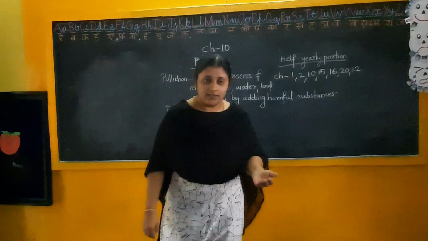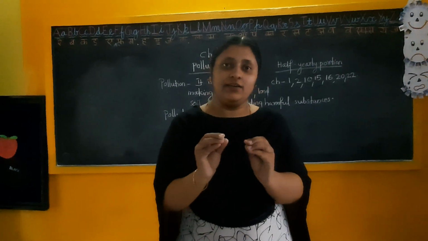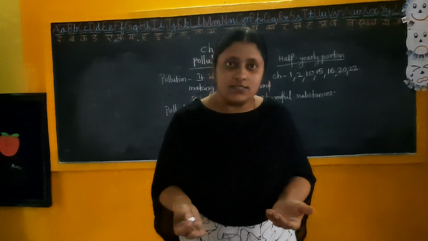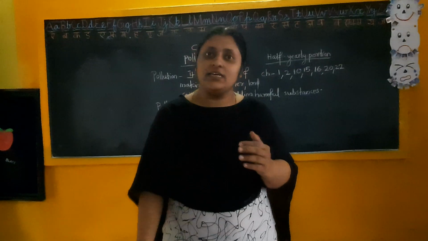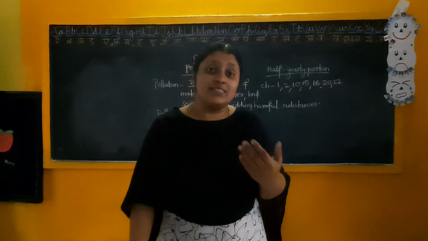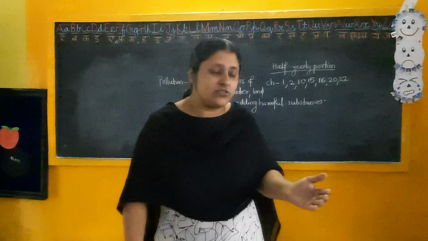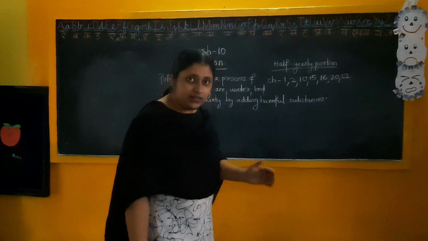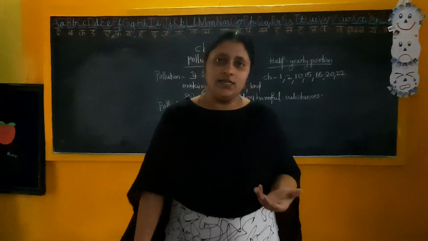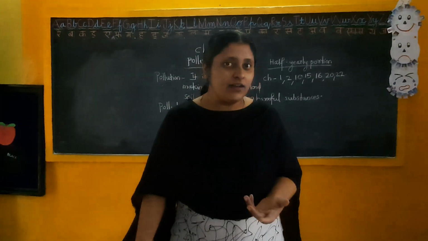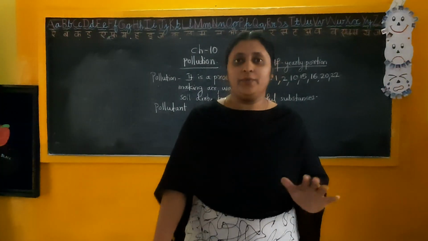What is pollutant? Anything, that means some particular thing that is the cause of this pollution. For example, poisonous gases, harmful gases, and any other waste materials. These particular things we can say are pollutant, that is harmful to the environment. That particular thing is known as pollutant. Clear? For example, smoke, poisonous gases and waste materials. These are pollutant. Pollutant means something that pollutes our environment.